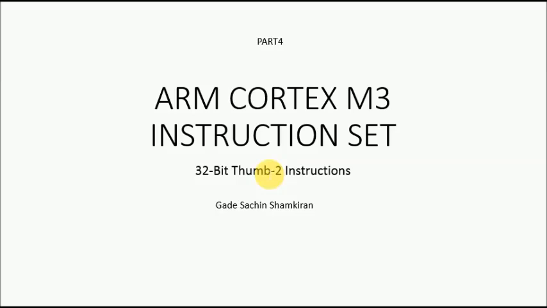Similarly, in this case we have 16-bit and 32-bit instructions, but here we need not change the state from Thumb mode to ARM mode, because here the ARM 32-bit instructions are completely replaced with the new set of Thumb-2 instructions, and these Thumb-2 instructions are 32-bit.